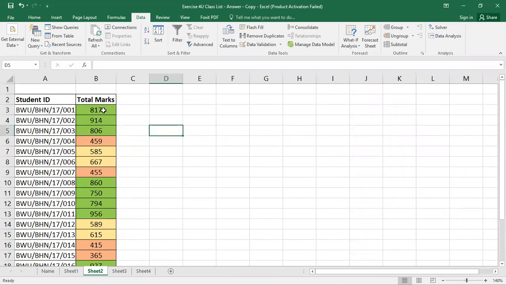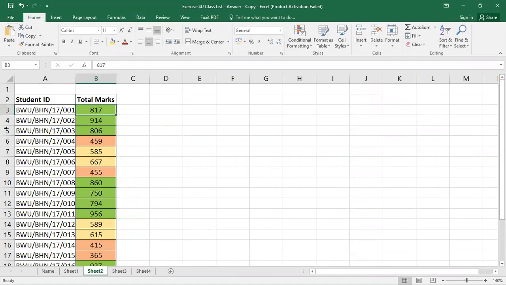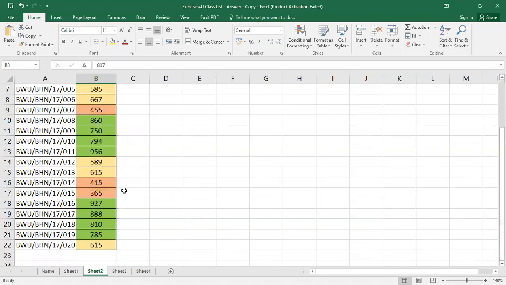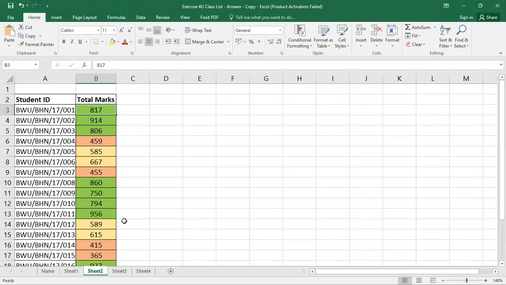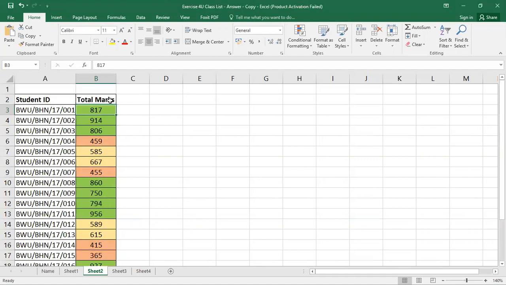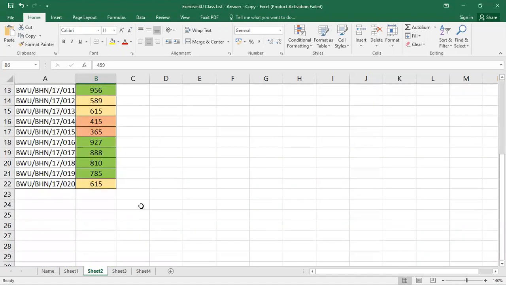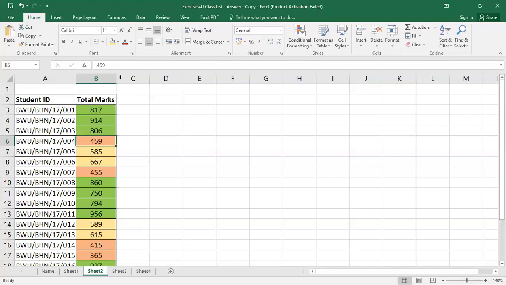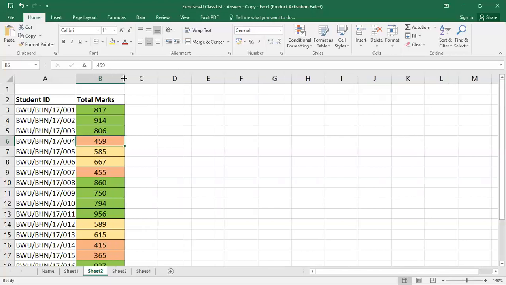Here we manually entered a few colors against the total marks, where we assume that 750 and above is green, 500 and above is marked with this yellow color, and below 500 is marked red. Right now we want to sort these marks by color.